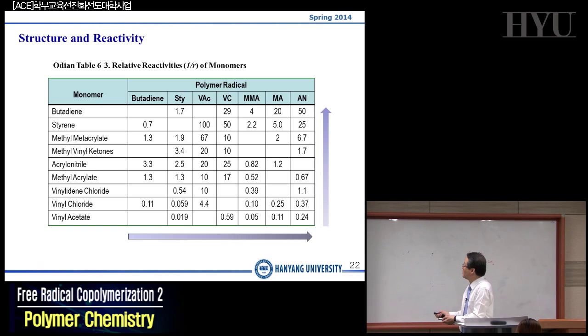Your arrow is coming from bottom to top, indicating that you have a conjugated structure in your monomer, whereas radical reactivity is always greater at the right-hand side. The radicals at the right-hand side do not contain the conjugated structure. So this is the conclusion from this table,